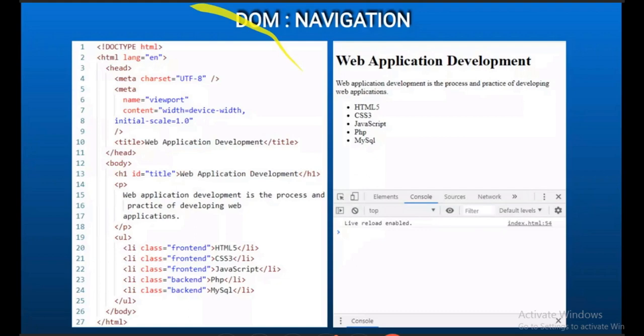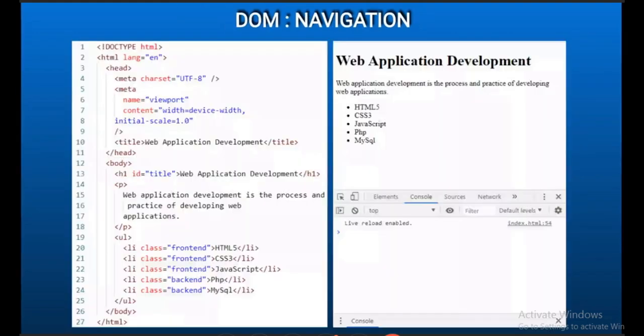So this is the format we will be using in the coming slides. On the left is the code, and on the right is the browser page with the HTML content and the console window.